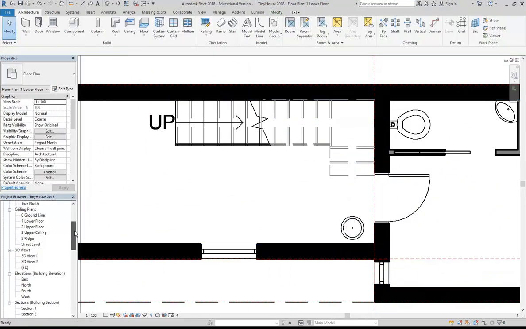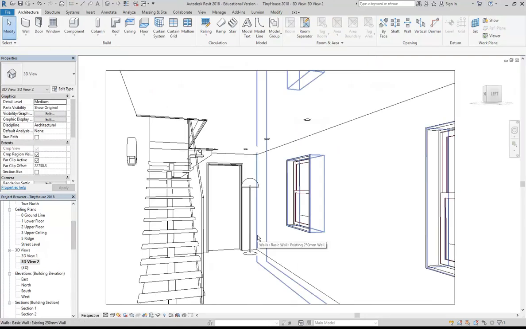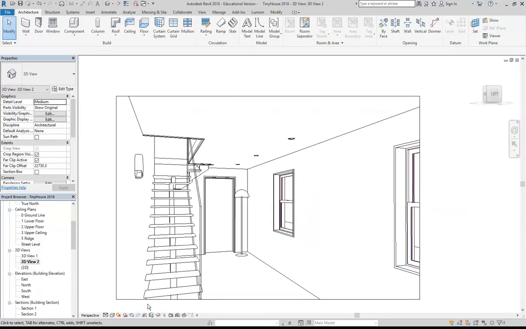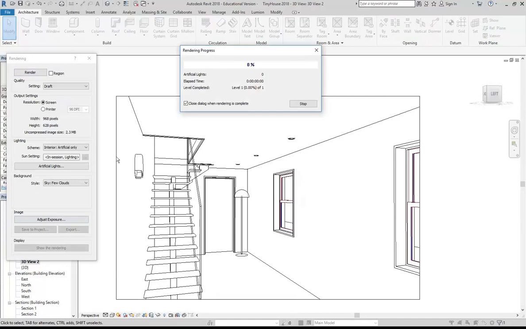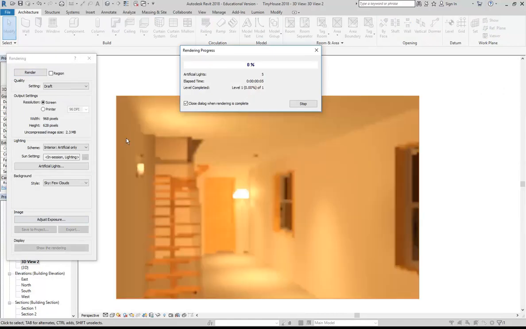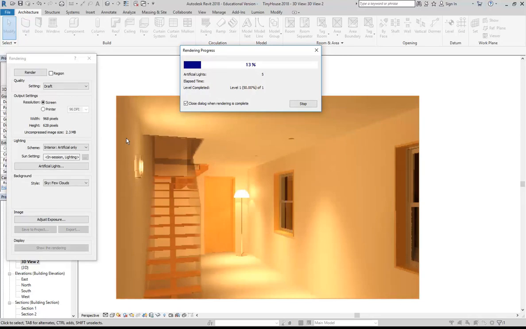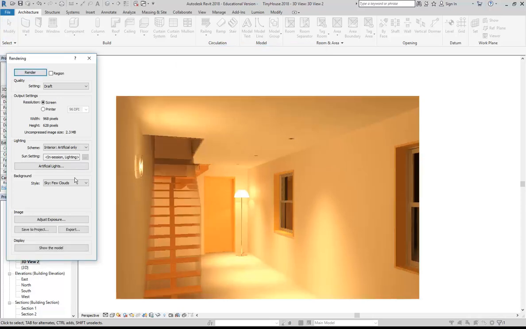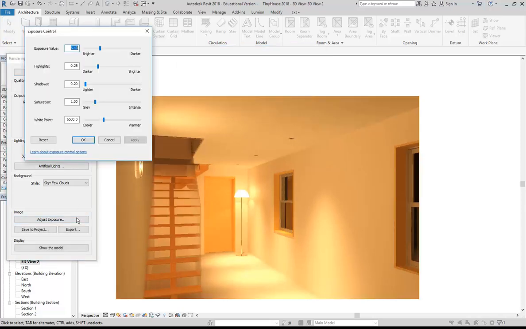Okay, so again, back into my perspective view, and before going too much further, I would definitely look at doing a test render just to see how they're working. And there they are, they're all emitting light. Now you can go forever with lighting. It's one of those things that you can spend a whole lifetime learning about. But maybe just to go over some of the most important properties, we've looked at a little bit of exposure